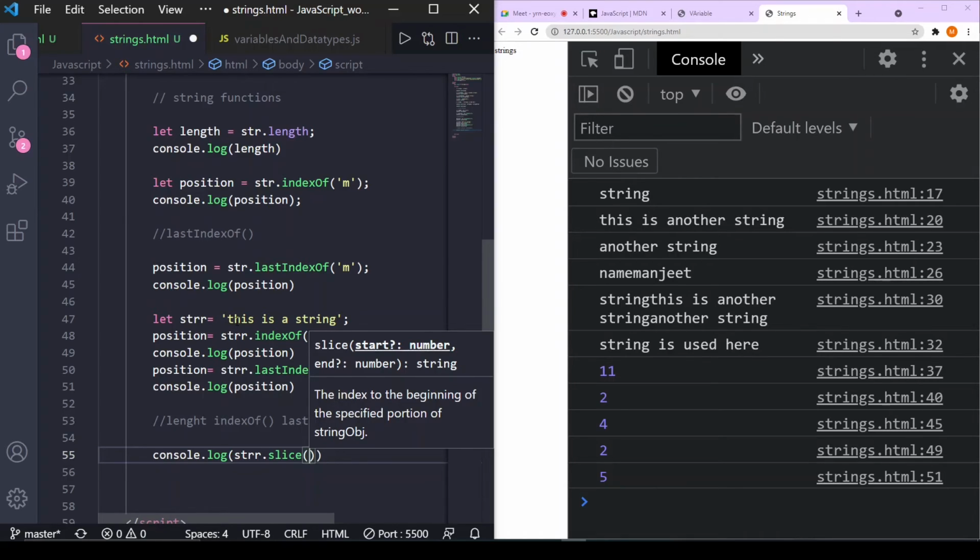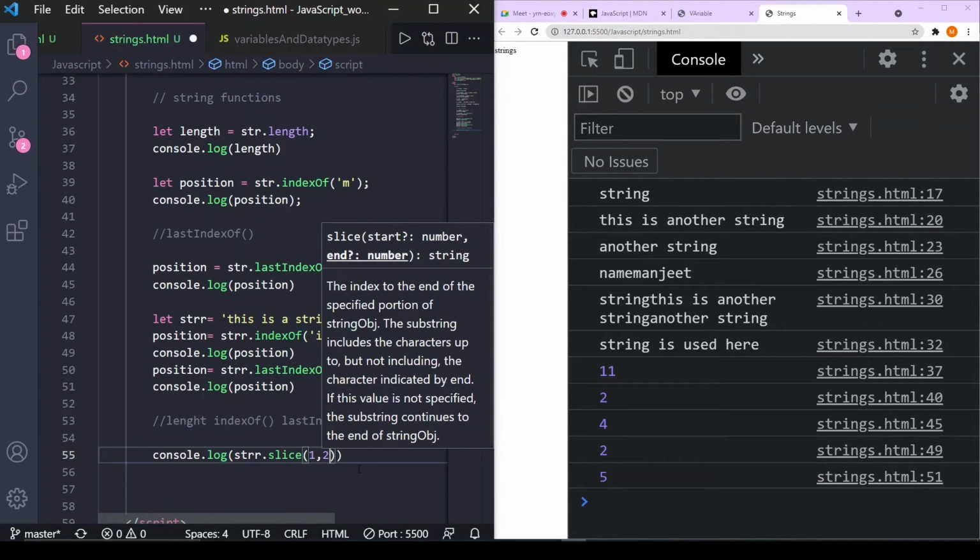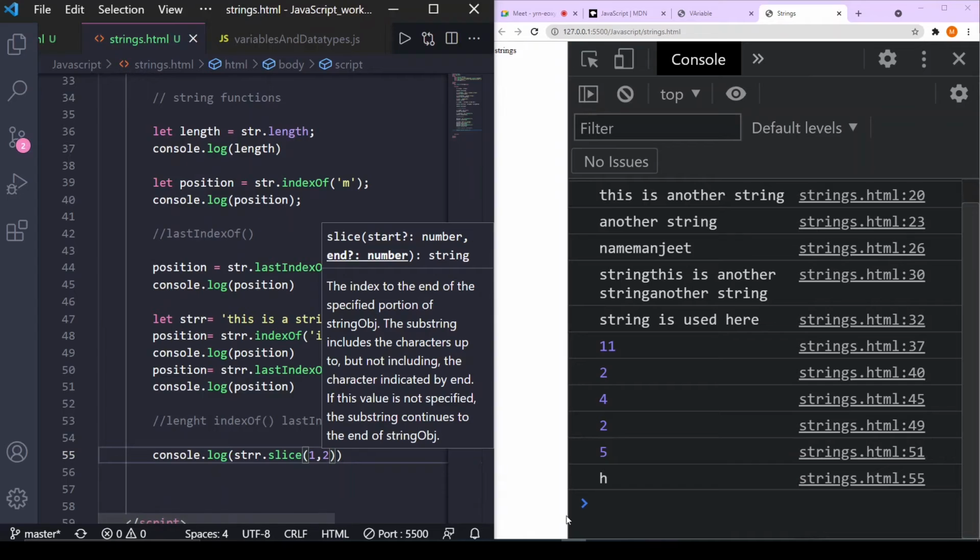It starts from the first index, h is index 1, and then for the second, i is index 2. So we will give it the parameter 1, the start position from where we want our string to slice, meaning cut, and the end position, 2. So let's see, it gives us output h.